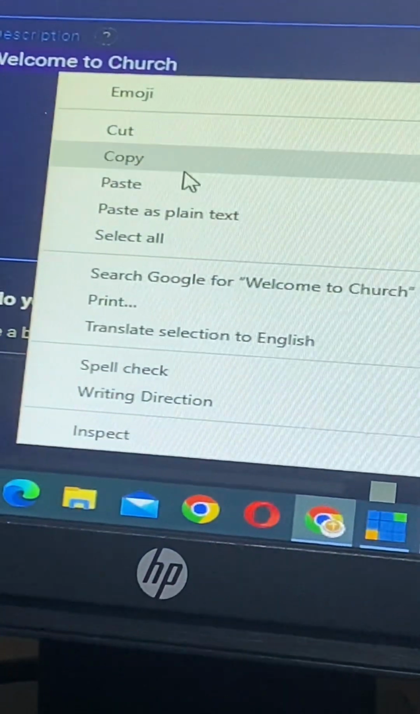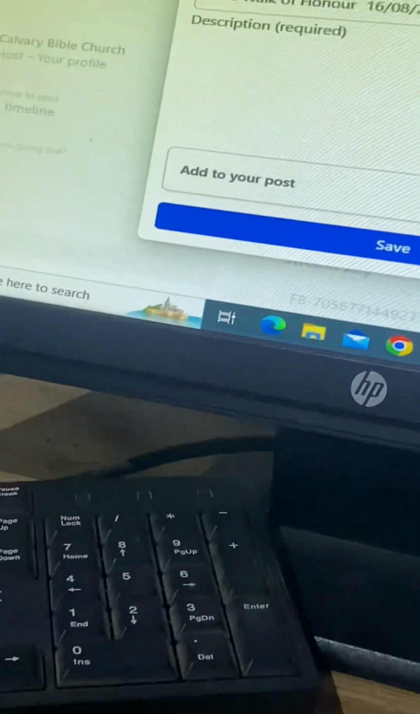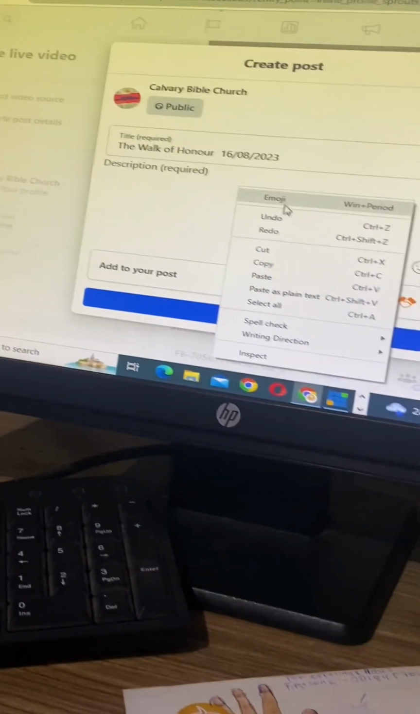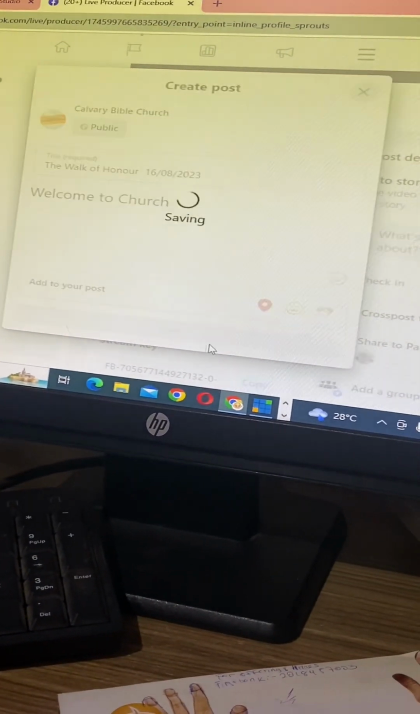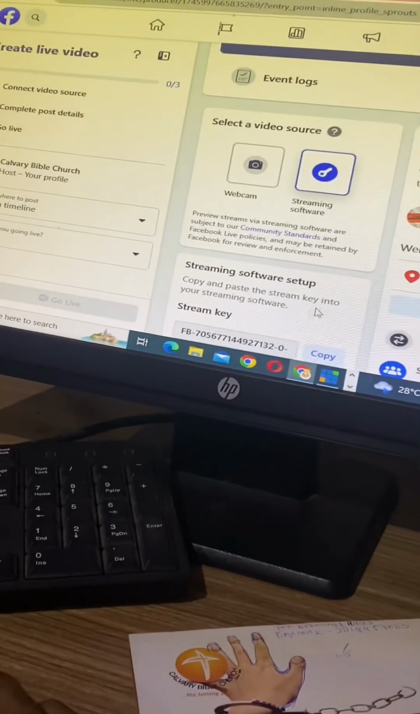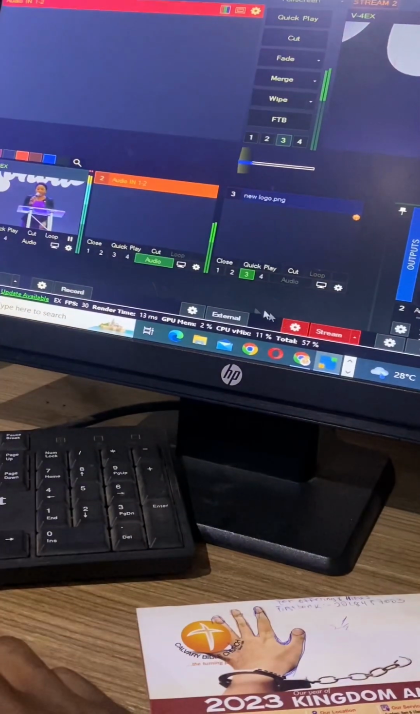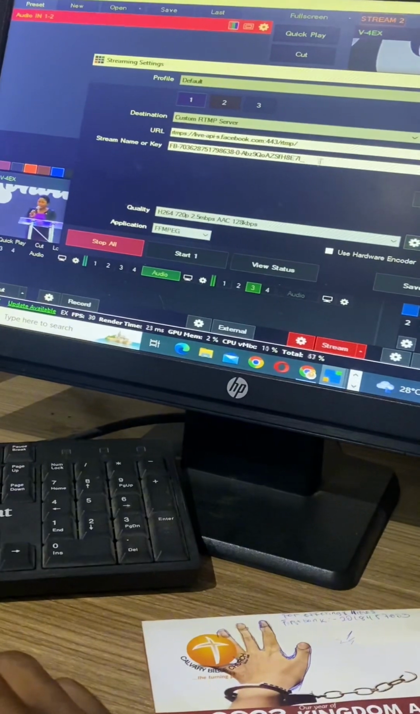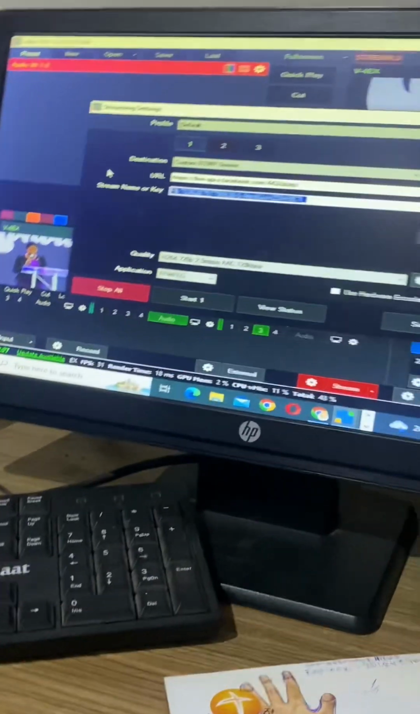So then copy the description, which is just welcome to service. You understand? Same thing, copy and paste. You understand? So that's cool. So saved. So by default, I'm copying the stream key from Facebook, and our channel wall basically,